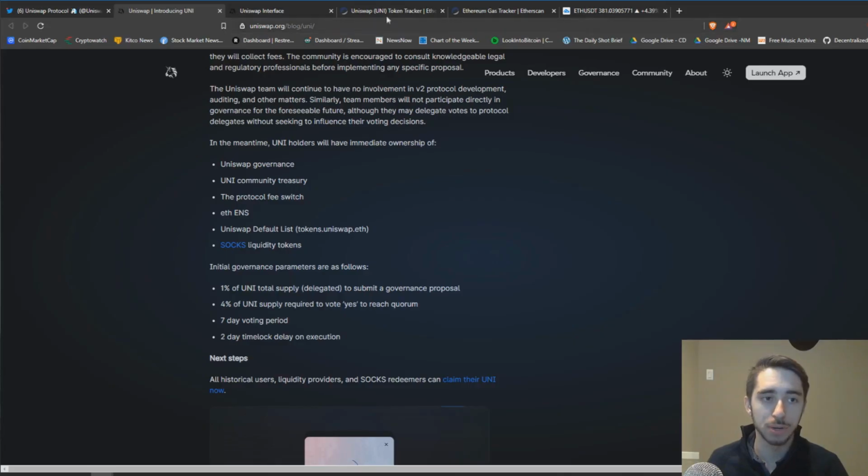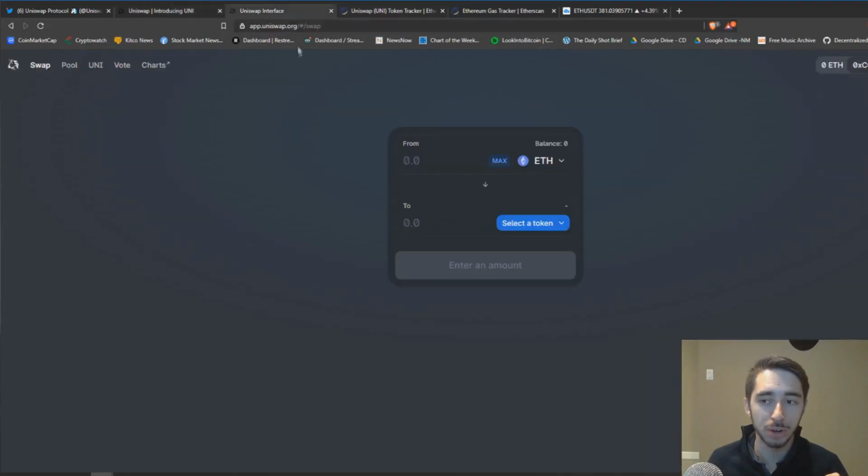The first thing that's important to understand right now is that if you actually want to go and claim your tokens through the website here, get your UNI tokens for engaging with the protocol, all you have to do is go to the Uniswap website, and in the top right corner you're going to see 3 dots, and this will allow you to click on a button that will allow you to claim your UNI. You have to input your address, and it's as simple as that, right? You have to input your address that has interacted with the Uniswap protocol. That's the important thing to keep in mind. So very, very simple, right? But bearing in mind here, that's basically all you have to do.